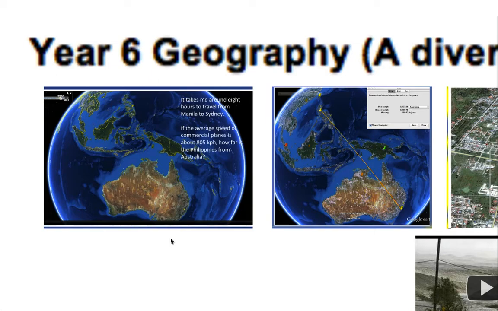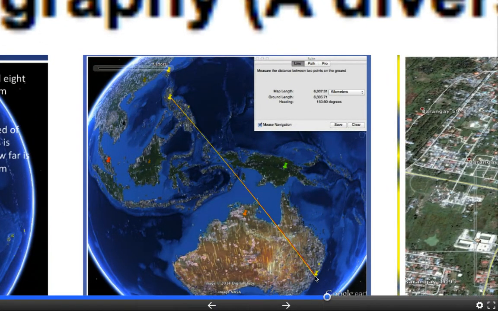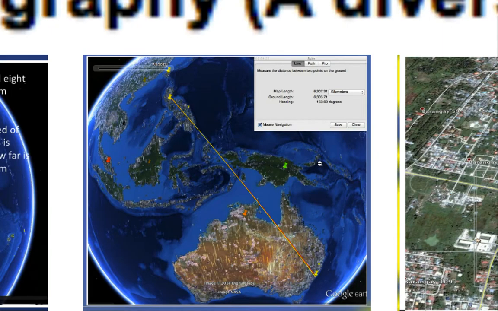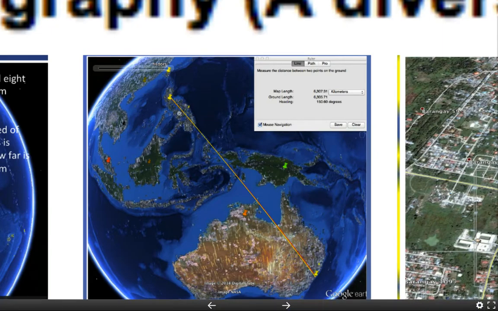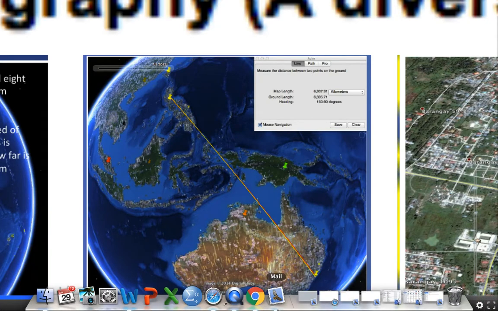After I've shown them the computation, I'll then bring their attention to the computers and tell them, actually, if I use Google Map and trace a line from Sydney all the way to Manila up there, it will actually generate some figures, and that's actually the distance between these two cities. The same question that they asked earlier that I answered manually, I can actually do by using technology. So here I integrate not only the other subjects of math, but also the use of technology in addressing some learning activities in geography.